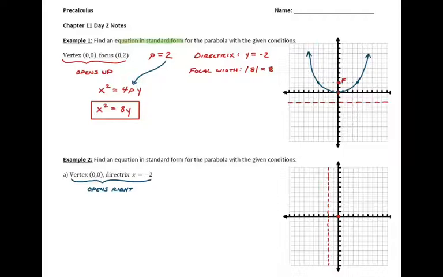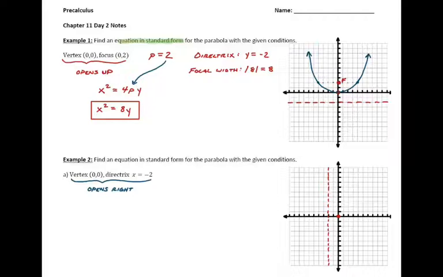So again, it's going to open to the right or left, but I know for sure it's going to open to the right because, again, this parabola should not touch the directrix. And if I had a parabola that opened to the left, it would cross the directrix in some manner, especially if the vertex is 0, 0. So again, it's going to open to the right, which means I should be able to find my p-value also,